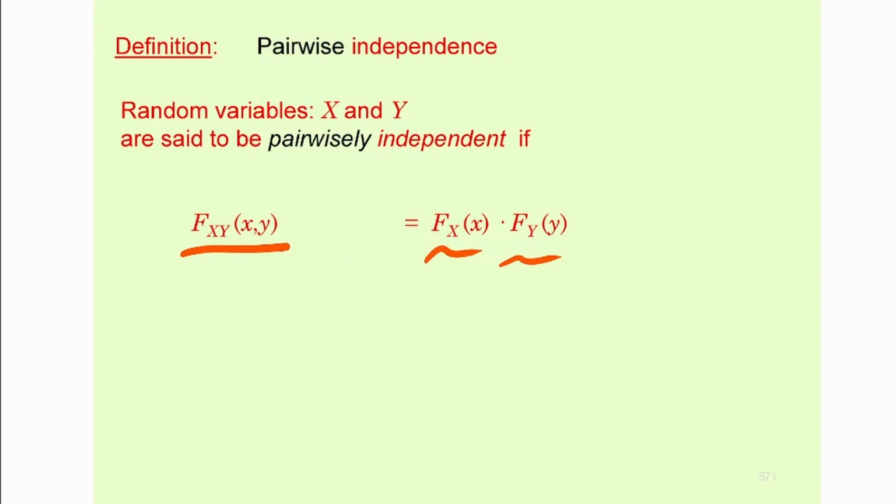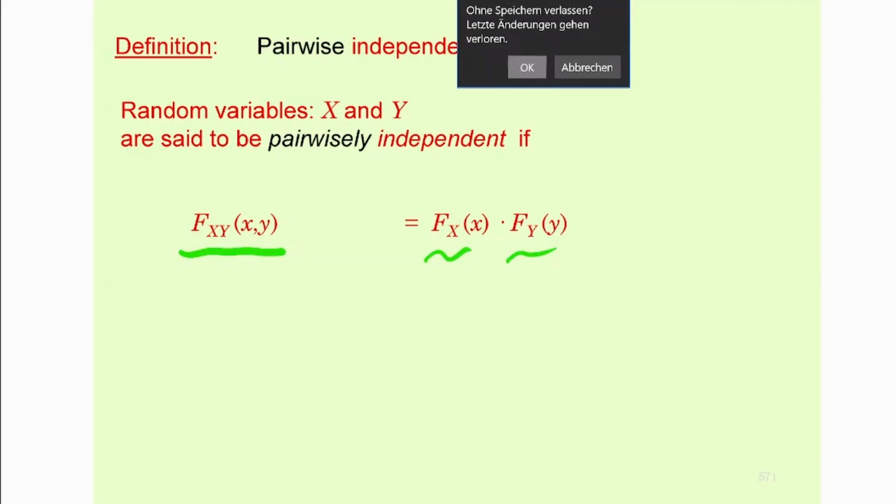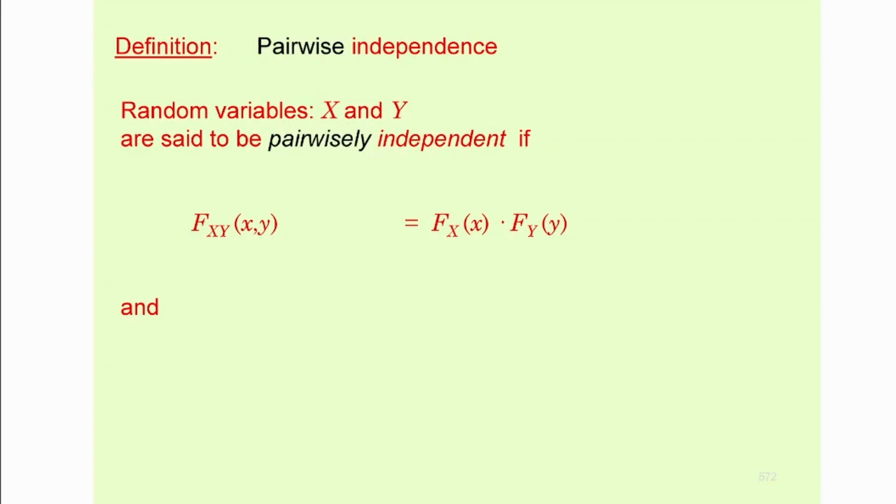Now, this is not a very practical concept because most of the time, even for the processes you are specifying, joint cumulative distribution functions are hard to get. The marginal distributions, maybe, but not specifically the joint distributions. It's very hard to establish that one. So it's not a very practical concept, but anyway, I need to define it. And of course, they are not pairwise independent otherwise.